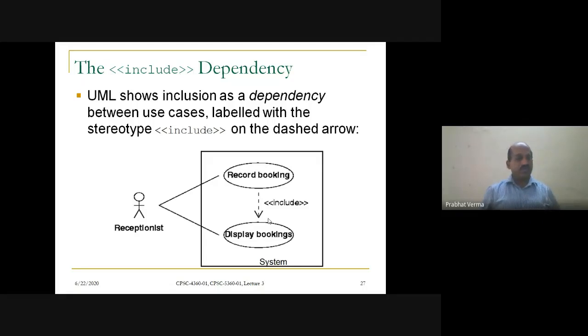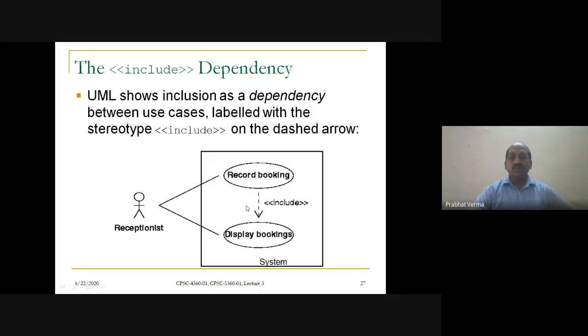Through this display booking, she is required to include display booking in order to record booking, so that she may confirm whether this particular slot is available or not.